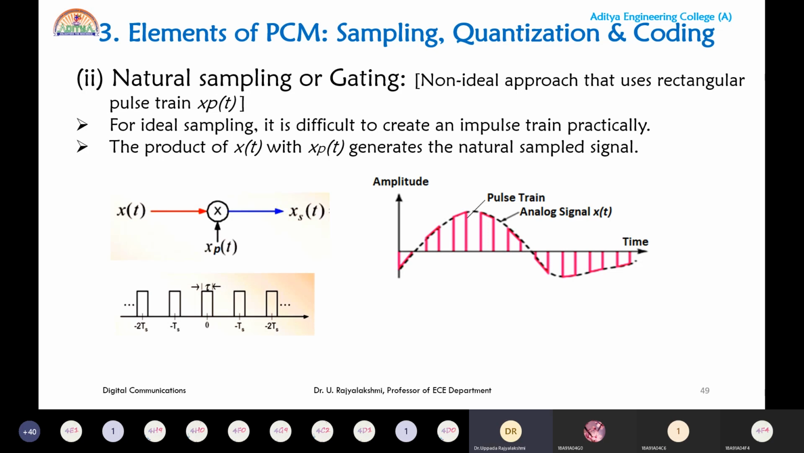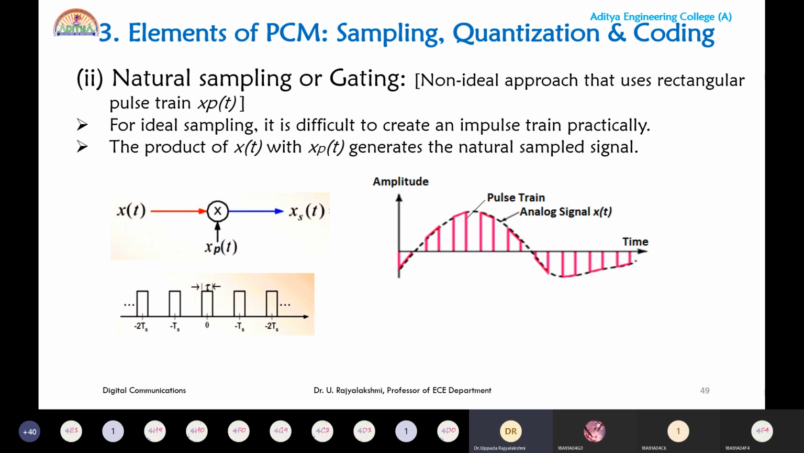Okay, but the pulses are of width tau. So what is the width of each pulse? Tau, and these pulses are located at sampling intervals once again, at n Ts, where n ranges from minus infinity to plus infinity. So this is the output. So what is the output? x of t is multiplied with xp of t to generate xs of t, where xs of t is the